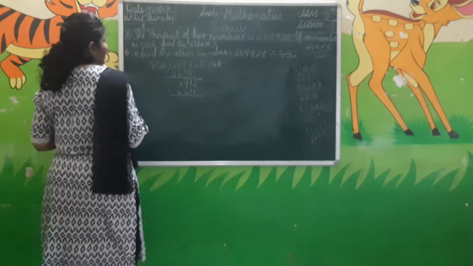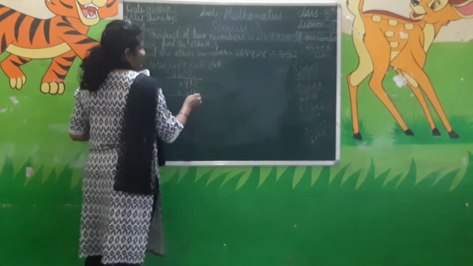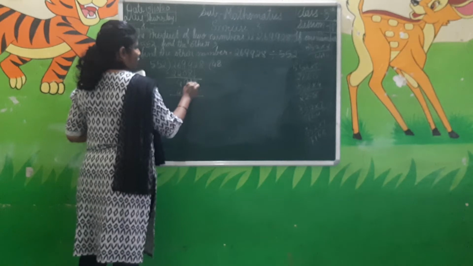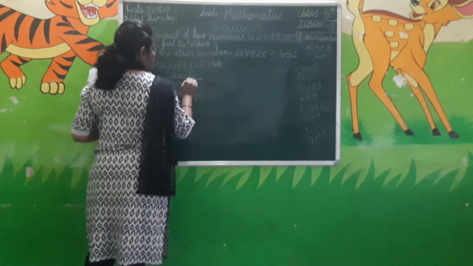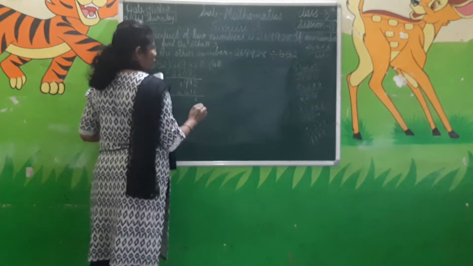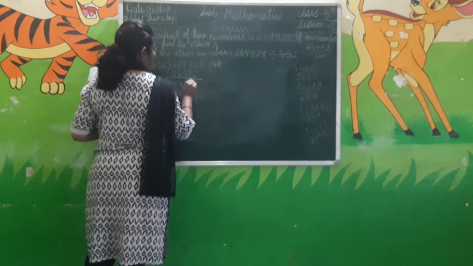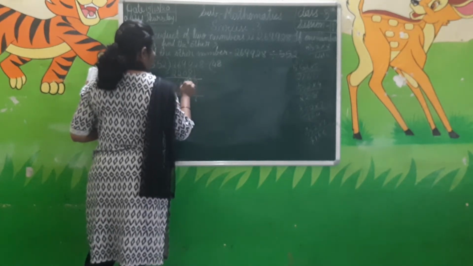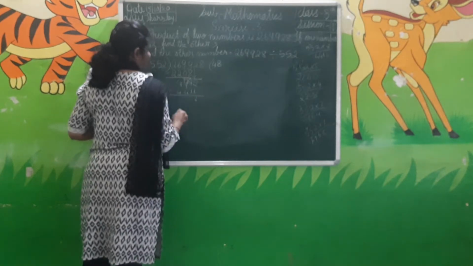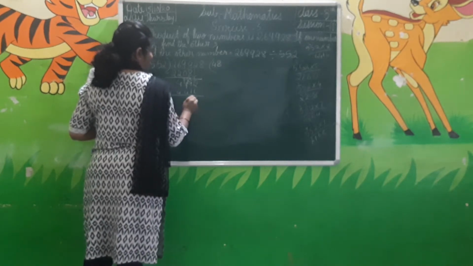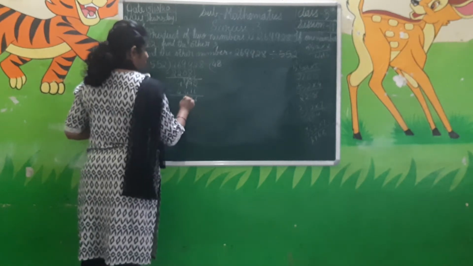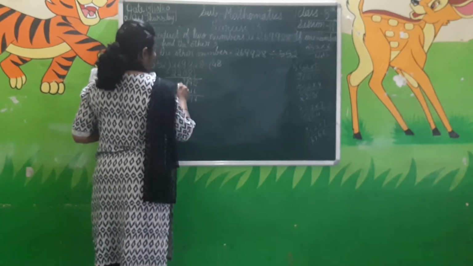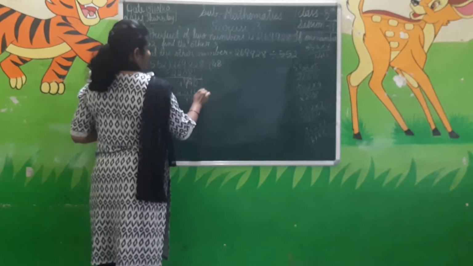What will be the answer here? You can't deduct 6 from the 2, so you have to borrow 1 here. 12 minus 6 is 6. Here will be 0. Okay, 0, you can't deduct 1. So borrow 1 from 9. It will become 8 here. It is 10. 10 minus 1 is 9. 8 minus 4 is how much? 4 itself. And 4 minus 4 is 0. Take down an 8 here.